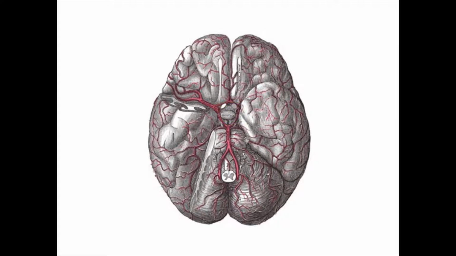So we're going to draw it out, and as we draw it out together, I'm going to ask that you try to draw it with me, and as we do this, we'll learn the branches and discuss it. We're going to start off with the four major branches that compose it and build it. The thing that makes the circle is, first, blood is mostly coming from the internal carotid artery. So let's draw an internal carotid artery coming in, and right here at the top will be the internal carotid artery,